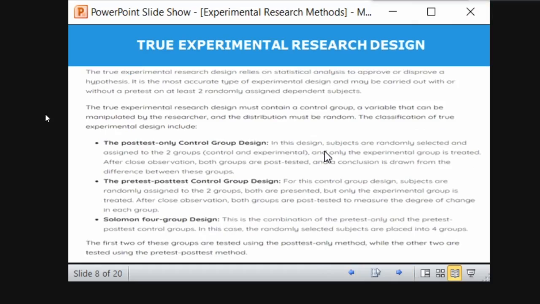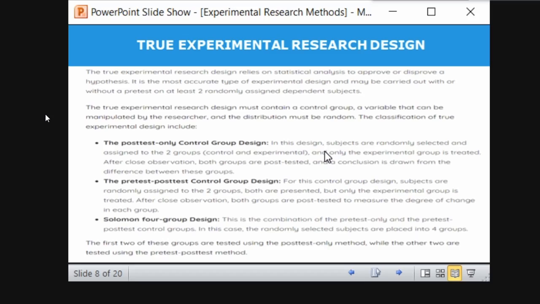Okay, again here I am randomly selecting, but only the experimental group is treated. That means whichever group I am taking class for is the only one treated. I am selecting 6 students, 3 in group A and 3 in group B. So in the experiment I am teaching only the 3 students of group A. So that group is the only one treated here.